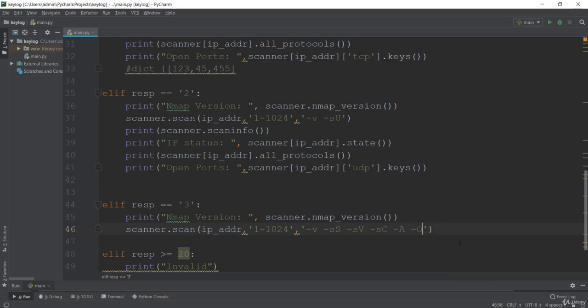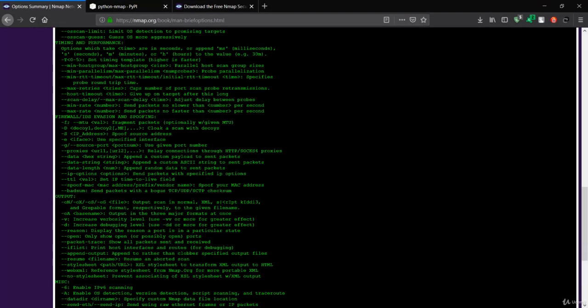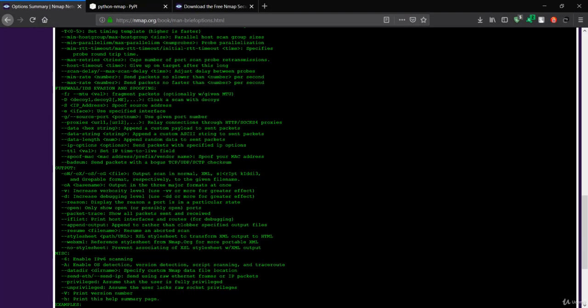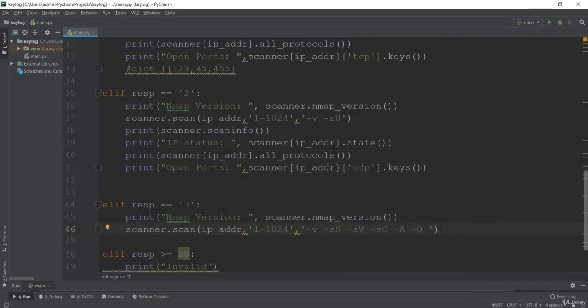If you want to increase the debugging level, you can simply add a small -d, but I'm not going to do that because this will be perfect for this comprehensive scan.